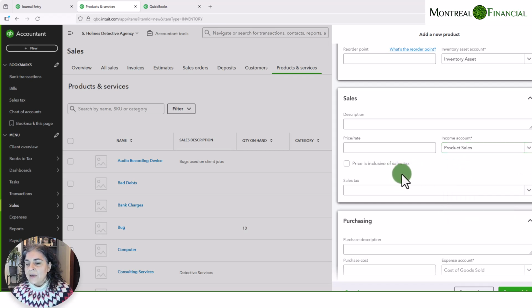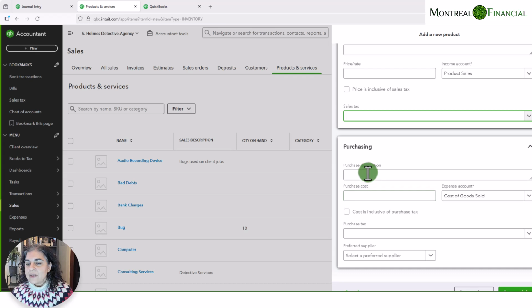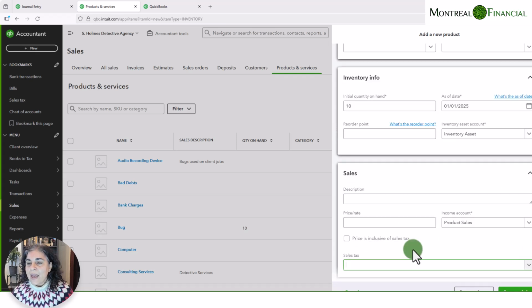From here, you determine if you want to put the sales tax code, it'll default to this. All of this can be changed later. And similarly, you want to make sure that you enter an expense account, and you can enter all of the other information here. So what we have now, which is essential from an inventory opening balance perspective, is to have